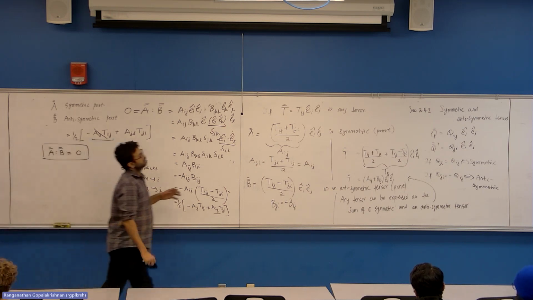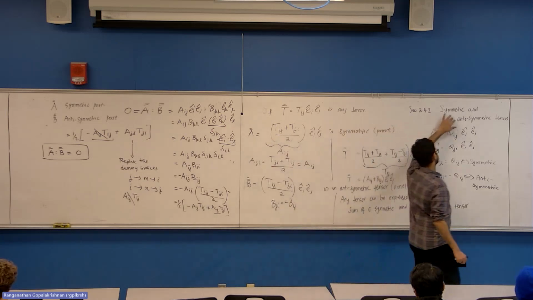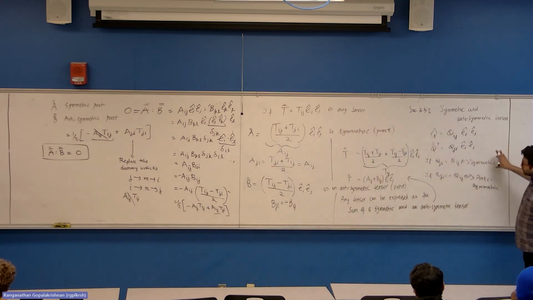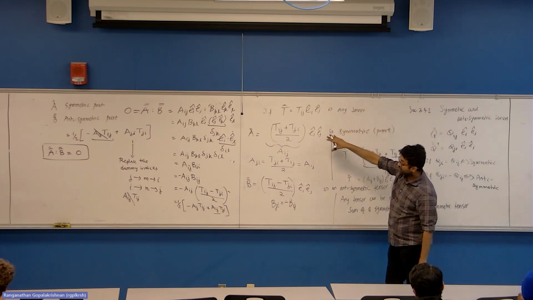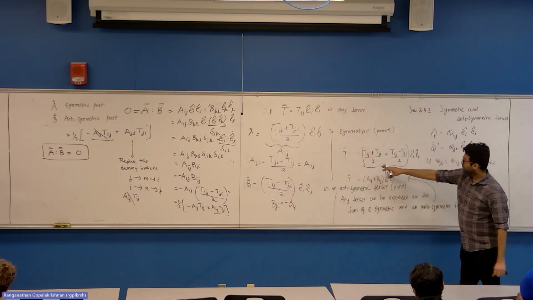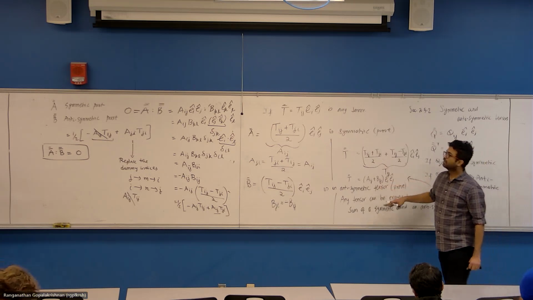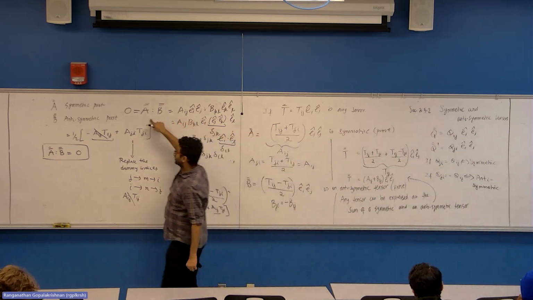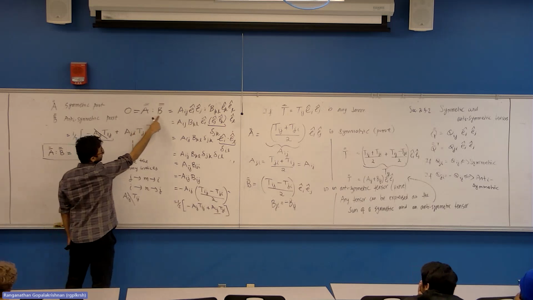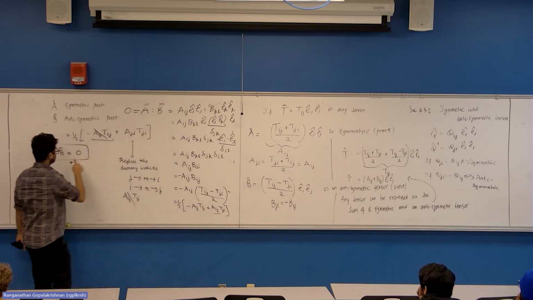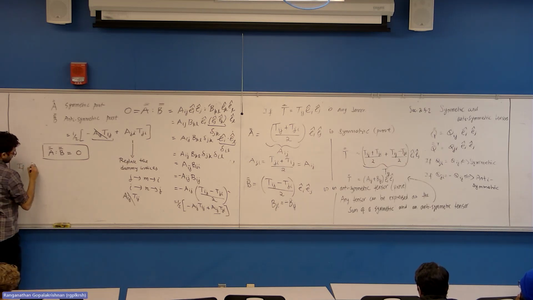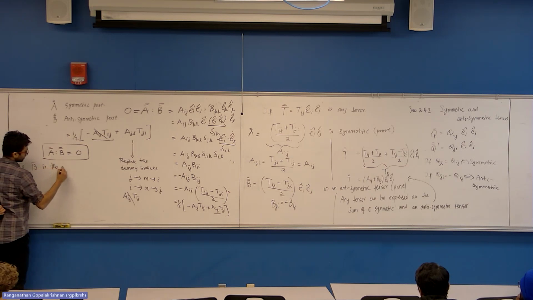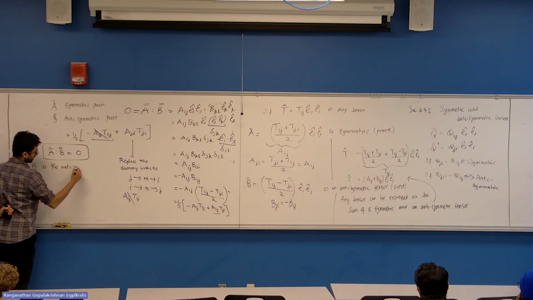So we are still talking about the properties of symmetric and antisymmetric tensors. We started with the definition. We then saw the possibility that any tensor can be expressed as the sum of a symmetric and an antisymmetric part. The double inner product, or double contraction, of the symmetric and antisymmetric parts is 0. The last result we are going to see is, if B is the antisymmetric part, an antisymmetric tensor,